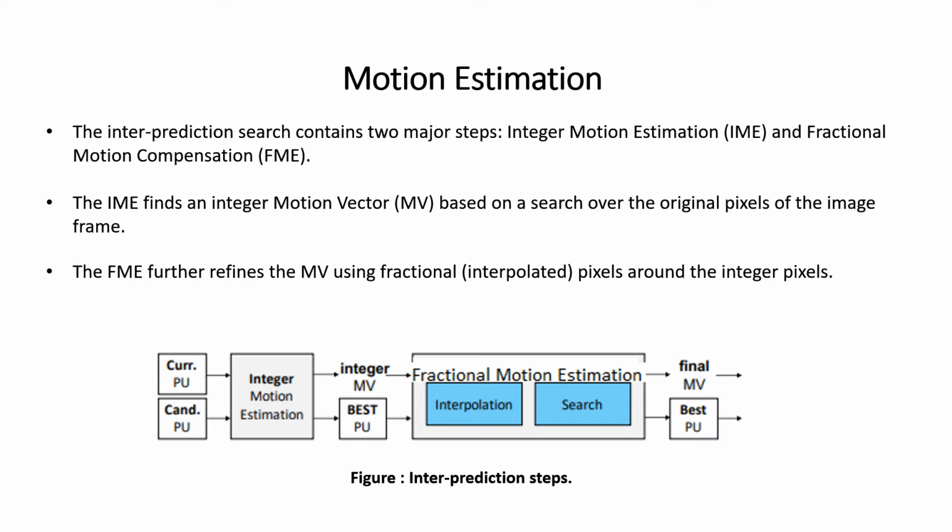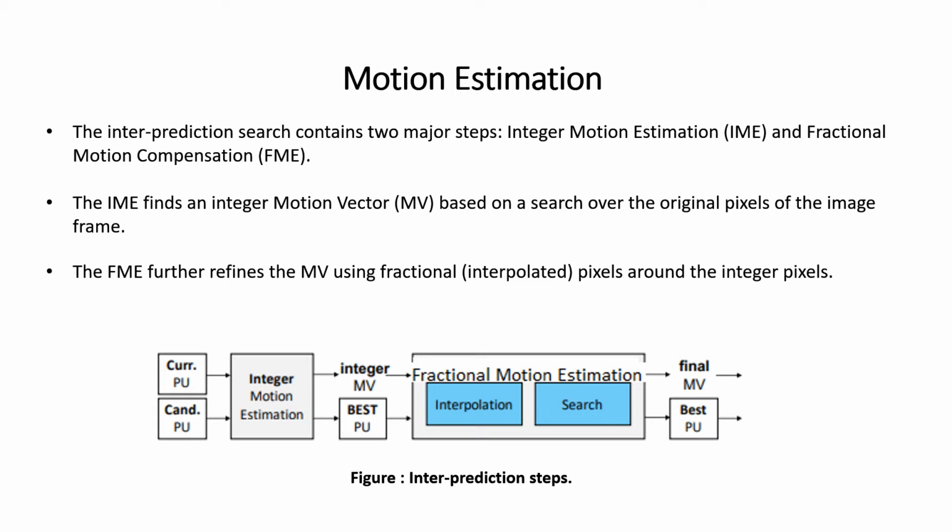So for this block we give PUs, prediction unit blocks, as an input. This PU comes with different sizes, it has 24 different sizes, so we limit our size to square only, so that the encoding process doesn't waste a lot of time in finding the right PU size. So this is the current PU which is being encoded. This is the reference PU which is stored in the frame store.